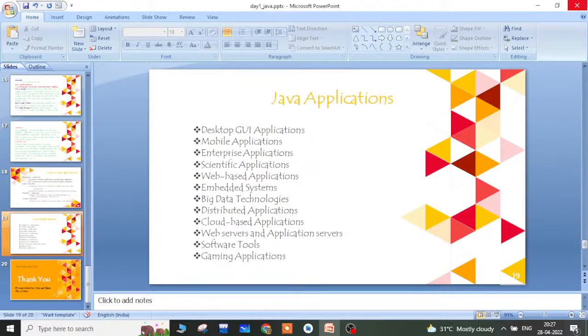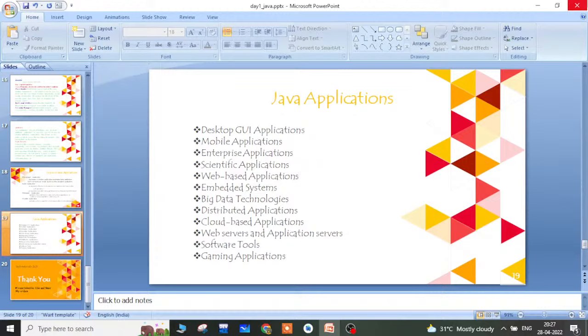You can also use Java for embedded systems, where you use controllers and microcontrollers to build the hardware part, which works for a specific purpose.